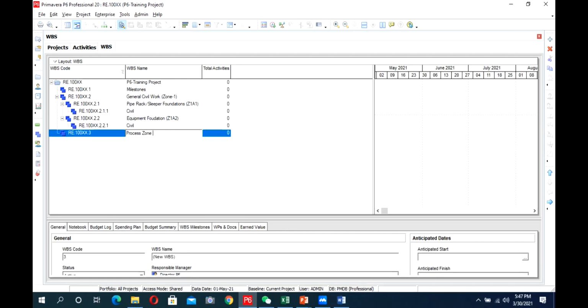Next is our process zone, Zone 2. And in Zone 2 further, we will go to 3.1, process zone, Process main pipe rack, Z2A1.